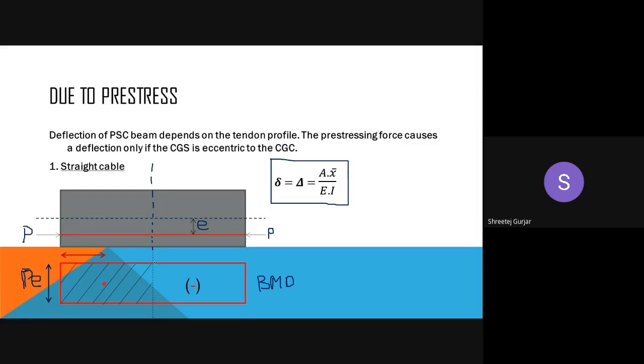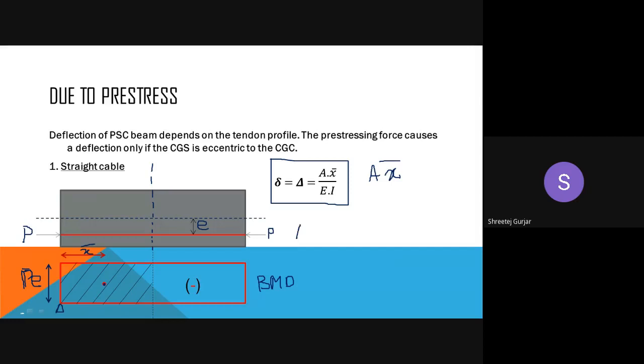So if we want the deflection at the center, you have to calculate the area from your support up to your center span, as I've told you. This shaded area which you can see, you have to calculate that area, represented by A, multiplied by the perpendicular distance x bar. So what is x bar? It is the distance of the centroid of this particular area from your support. This is your support, and this I will term as x bar.